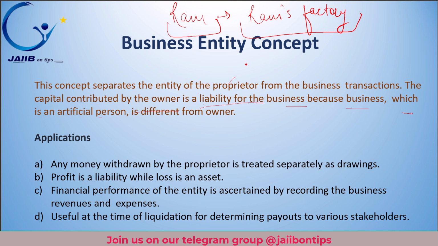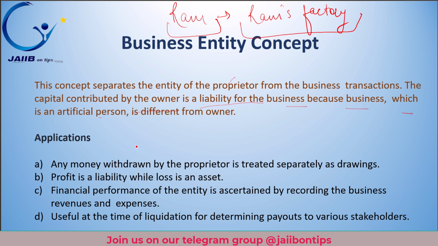So let's imagine an example. There is a toy store. The business entity concept means you should keep track of all the money you make and spend in your toy store separately from your personal money. So for example, if you buy toys to sell in your store, you would record that expense in your store's records, not in your personal money notebook, right? And if you earn money from selling toys, that money goes into the store's record, not your personal wallet. This helps you see how well your toy store is doing without getting mixed up with your own finances.